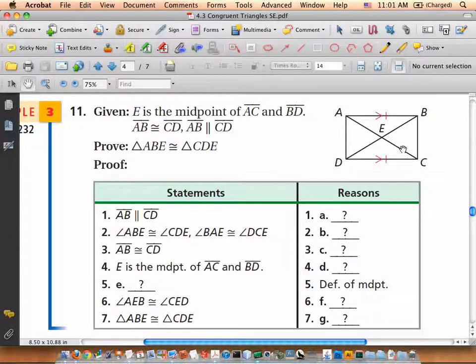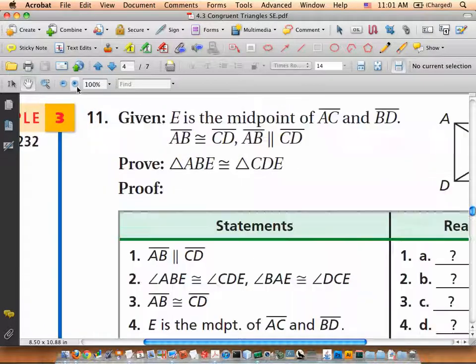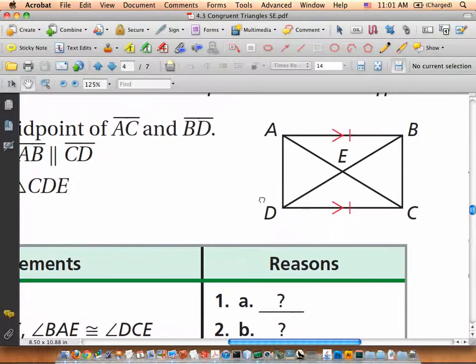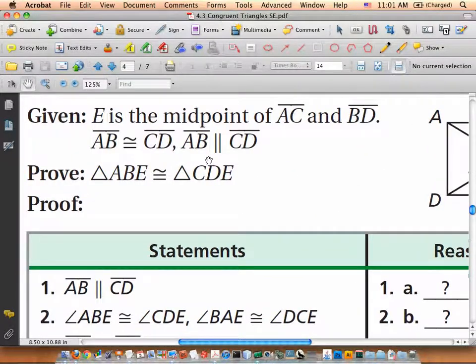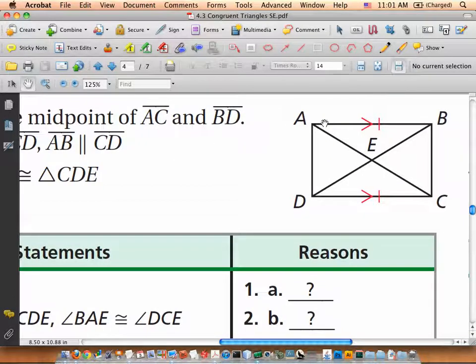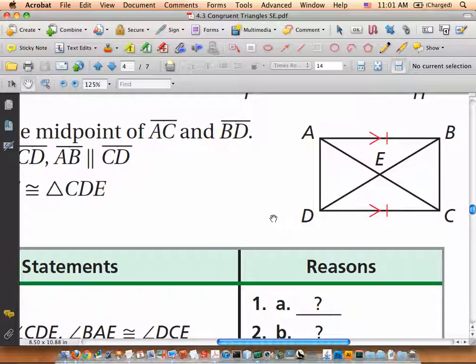What do we need next? The angles. So how do I know that angle AEB is congruent to angle CED? These are vertical angles. Yes, vertical angle theorem. Now, I have to use this parallel idea. I know that AB is parallel with CD. So this is going to take us back to alternate